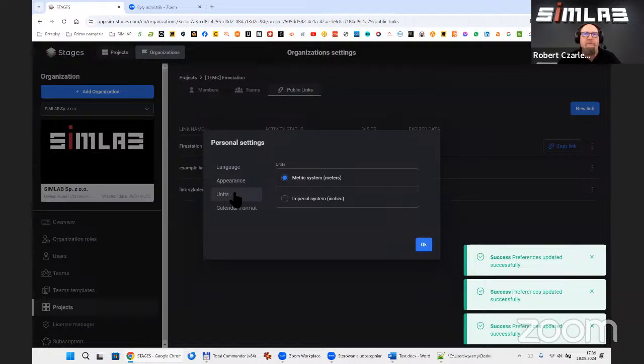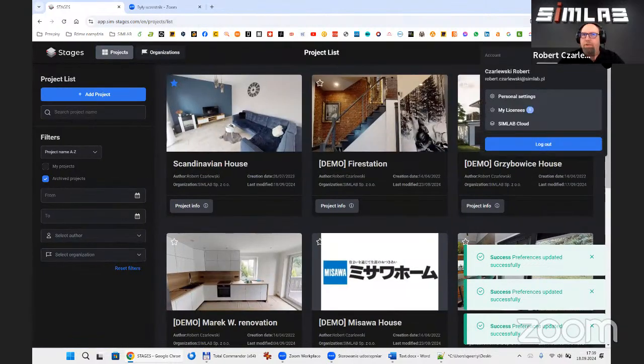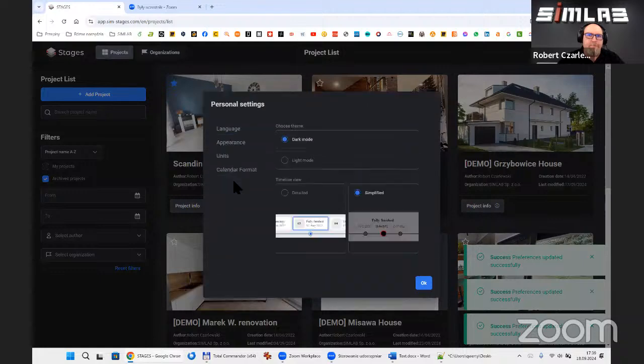I mean, we can use the metric system or imperial. And at the end of the options is a calendar format where you can choose the European or American date format. I will switch to the light one.